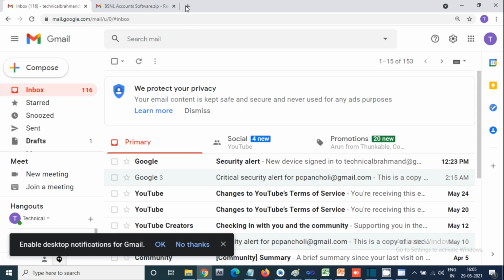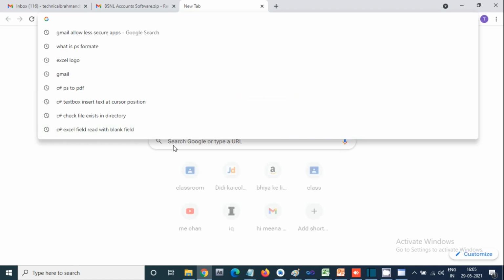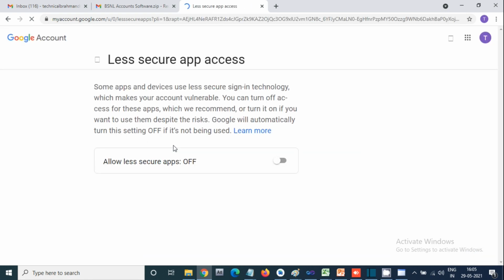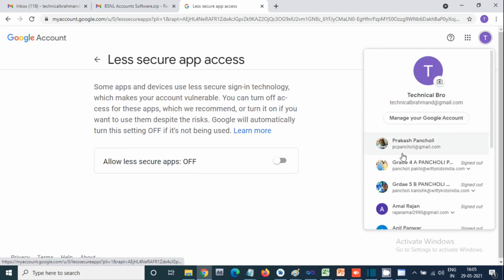Okay, so how we will allow this setting: either you can just type in Google how to enable less secure app, or you can type here the link that I have given in the readme file. So here you can see that this one is given.